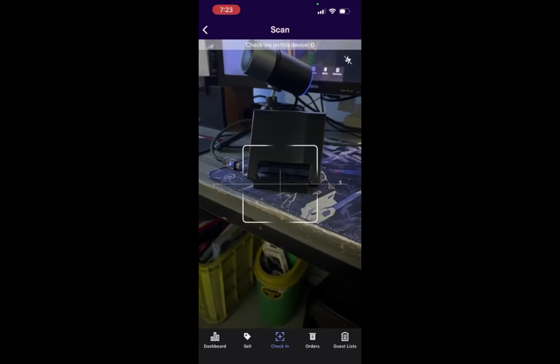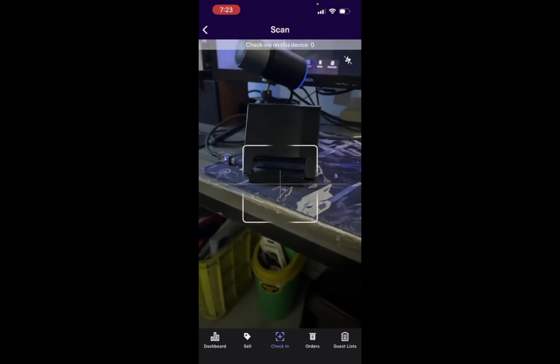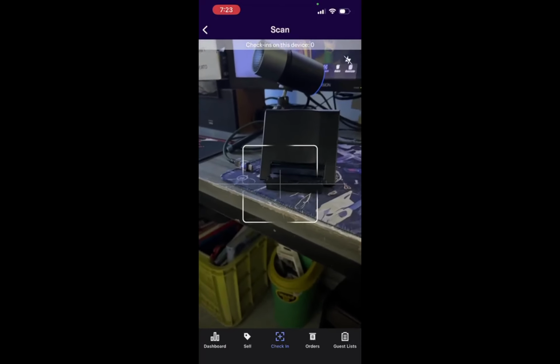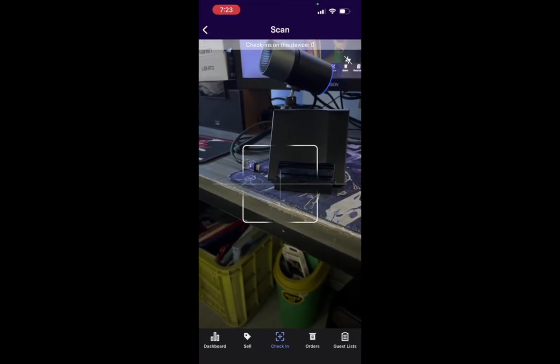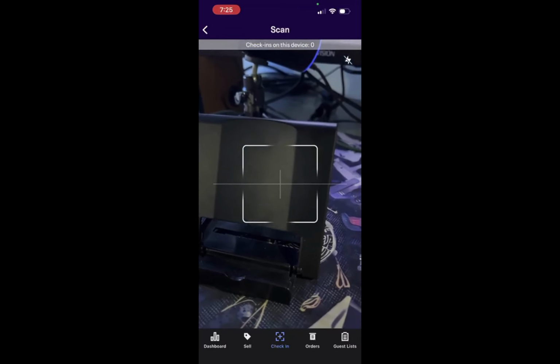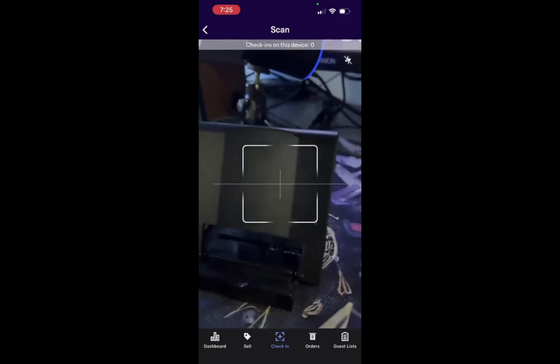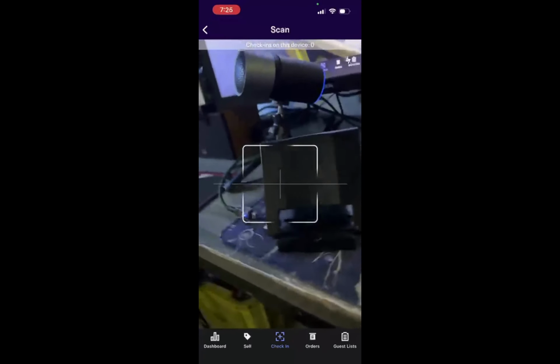With that ready, point your camera at the attendee's QR code. The QR code might be on their phone or a printed ticket. Hold your device steady and make sure the QR code is well lit and clear. The app will automatically recognize it when the camera captures the code accurately. Holding the camera steady is key to a successful scan, and it saves time by avoiding multiple attempts.